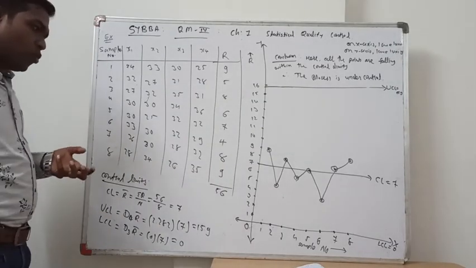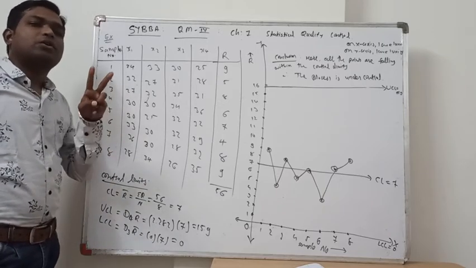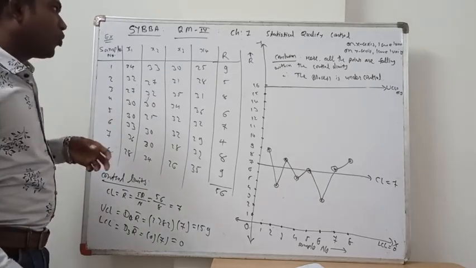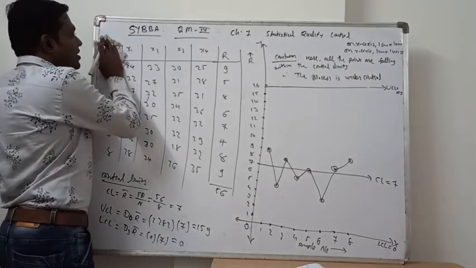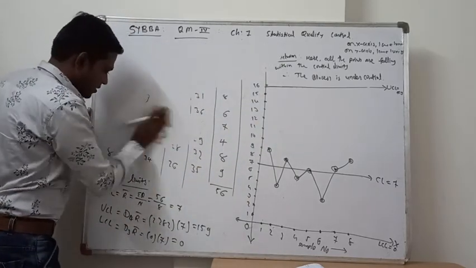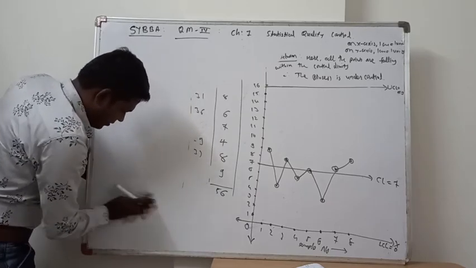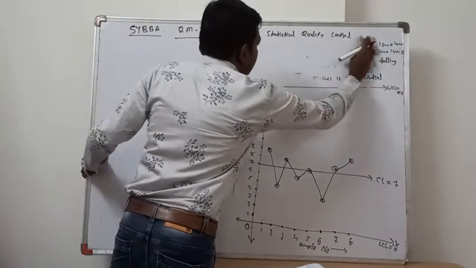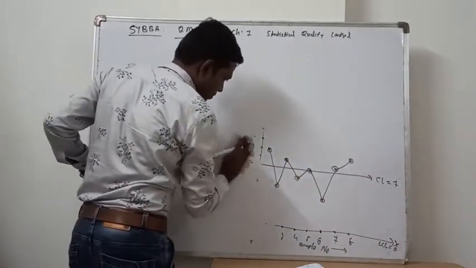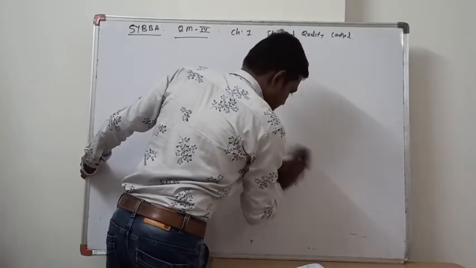And the C chart questions you will see in the question paper. They are asking for how many marks? 2 marks. You have to just find the control limits, right? They are not asking you to draw the graph of the C chart. So that also we have to see today. It is also known as the number of defects chart. C chart means the number of defects, which is given in that question. So let me take the C chart.